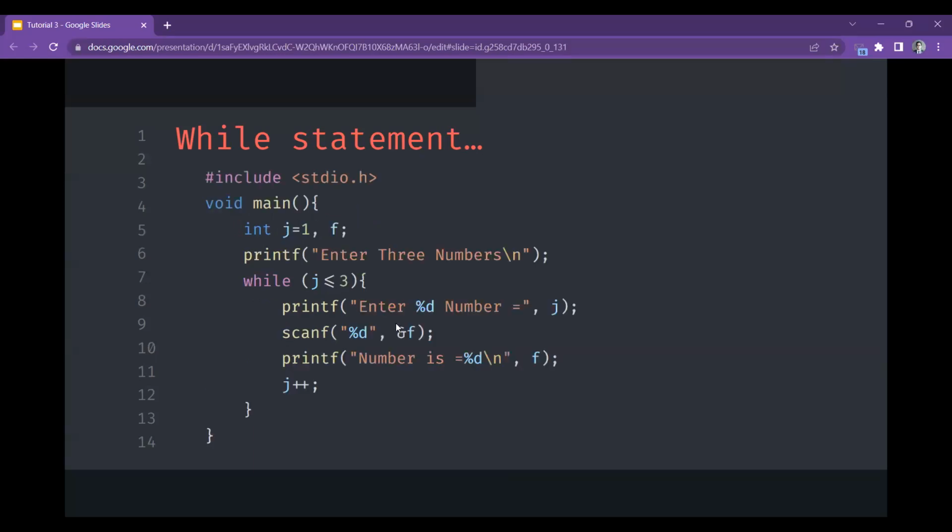So how about this code? We declare and initialize j equals to 1, and we declare a variable f. So I have put printf to say enter 3 numbers. So j should be less than or equal to 3, and it will